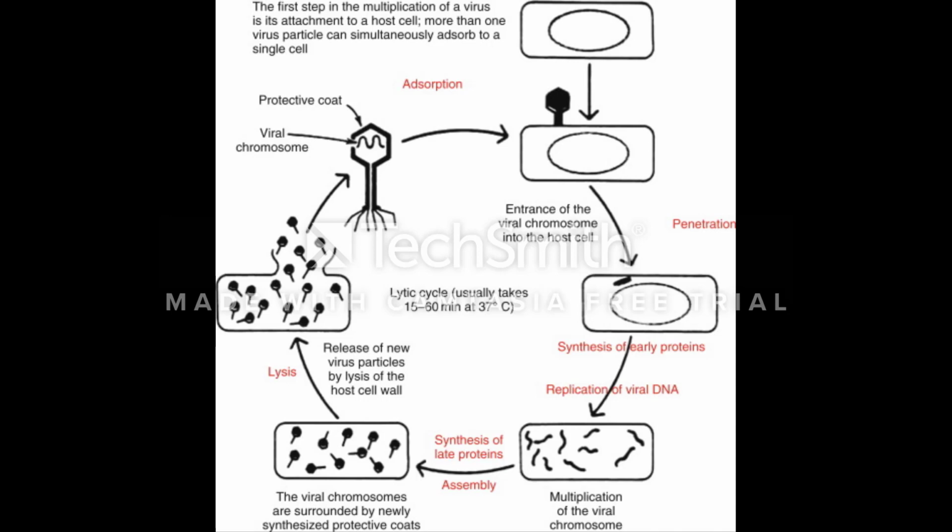Please recognize that this form of reproduction is very different to what was described for funguses or what was described for bacteria. When we talked about asexual reproduction in bacteria, that was binary fission. When we talked about asexual reproduction in funguses, that was the production of spores or budding. When we talk about viruses, we have a life cycle that can only go from one to potentially millions in one cycle of viral reproduction.